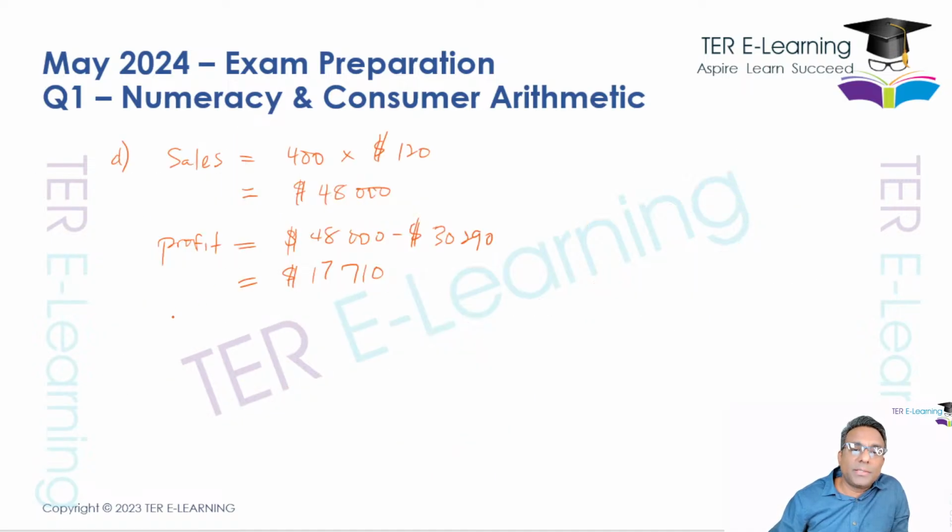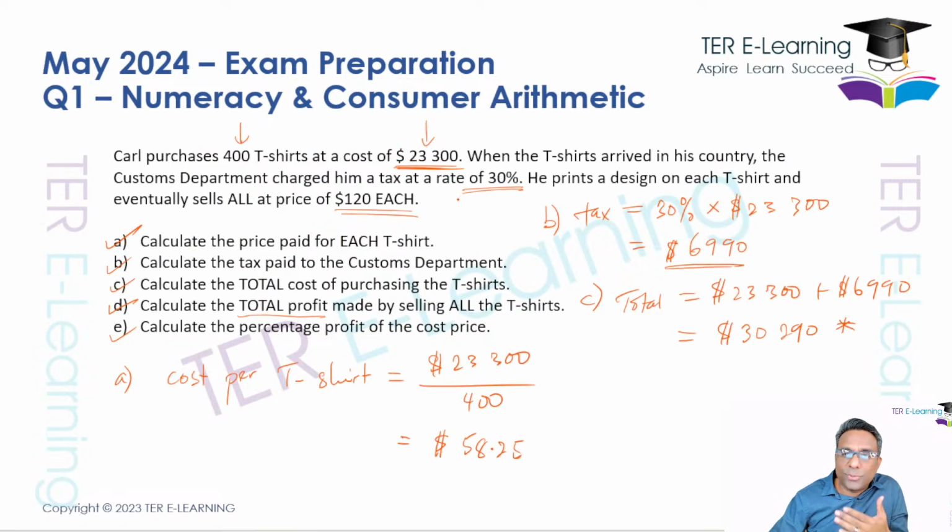price. So if you all want to calculate percentage profit, now the profit that he made here is the 17,710. That's a profit, right? But if you want to get percentage profit, you have to take that profit and divide it by how much he paid for everything. Now it's not just how much he paid, not the 23,300. You have to include the taxes as well. So you're going to use this figure here as your original amount he paid for the t-shirts. So that's 30,290